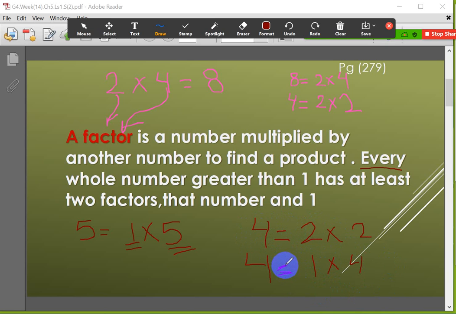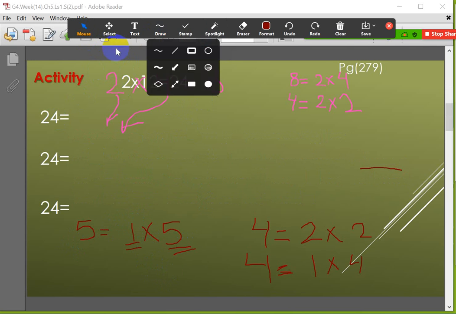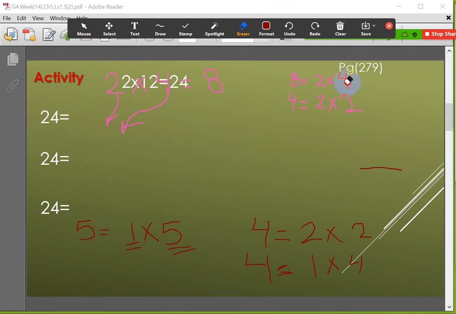Okay, girls? So that's what I mean by factors. Very easy. Yes, you have to memorize the multiplication table to find the factors. Okay, so as an example on this page, I have 24. I will erase those. 24, and I want to find